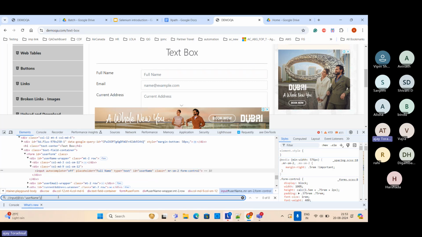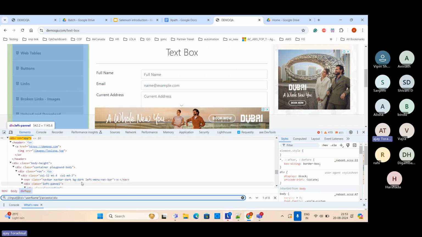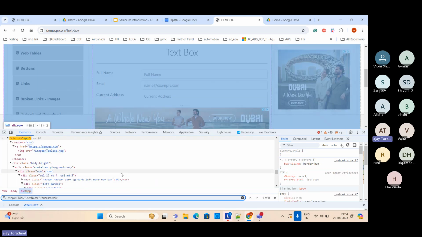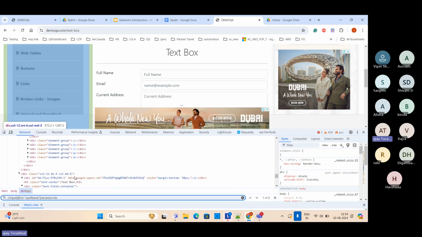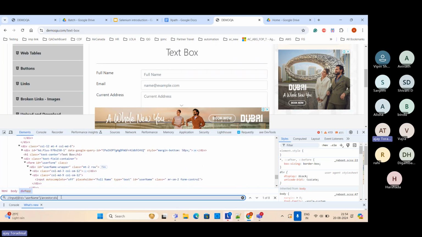we can say slash, ancestor, colon, colon. Now, which kind of ancestor do I want? So for example, in this case, I want div, right? So I'm going to say div. So ancestor div. It's saying that for the div tag, there are 8 different div tags available. Okay, so if I remove this ancestor,